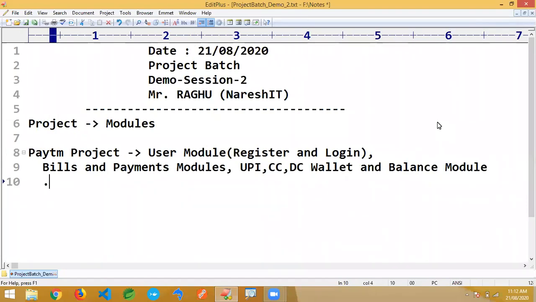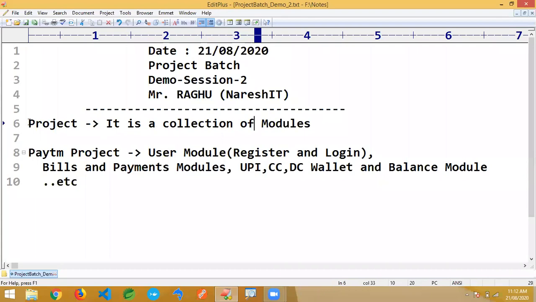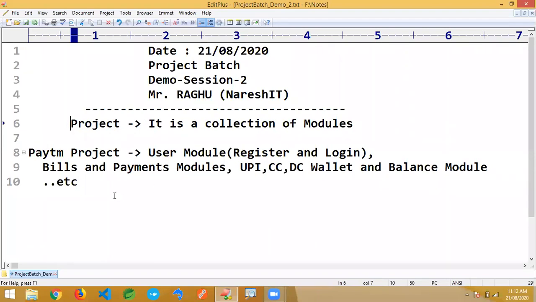Okay, so like that, every application you take contains multiple modules. You'll have so many if you list them out: gas booking, electricity bill payment, swiping cards, offers, promotions. If you look at it, a project is a collection of modules. Simply, it's a collection of modules. If we write multiple modules, finally they'll be integrated with each other based on the design, and that is finally one project.